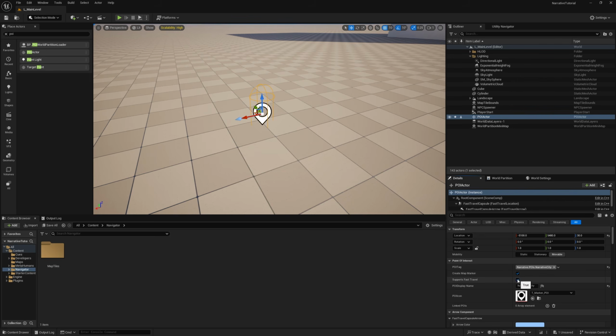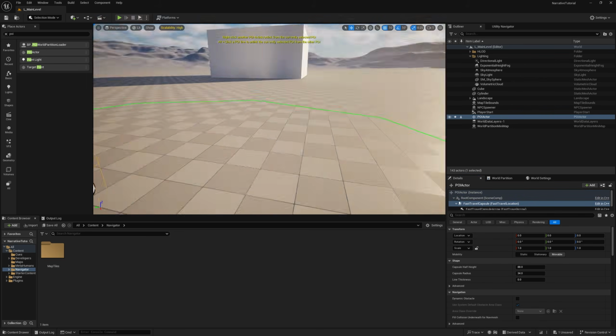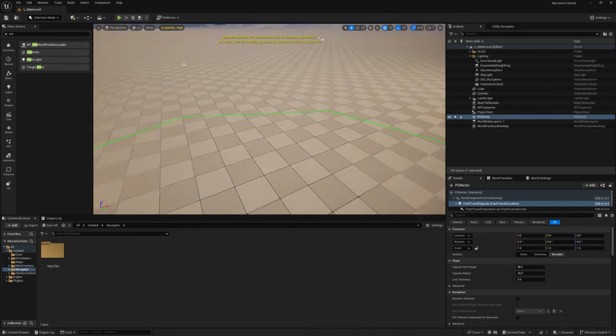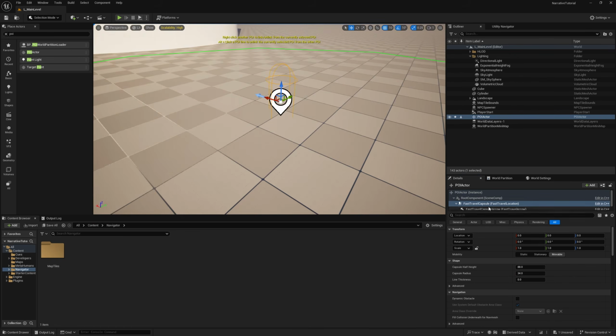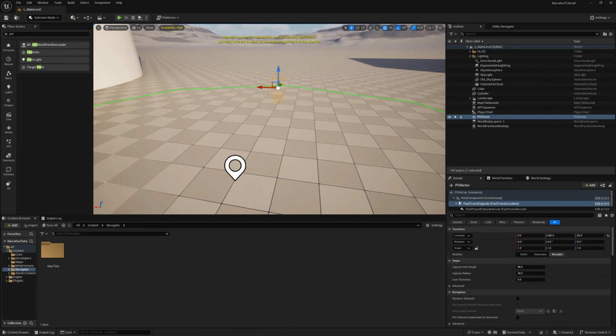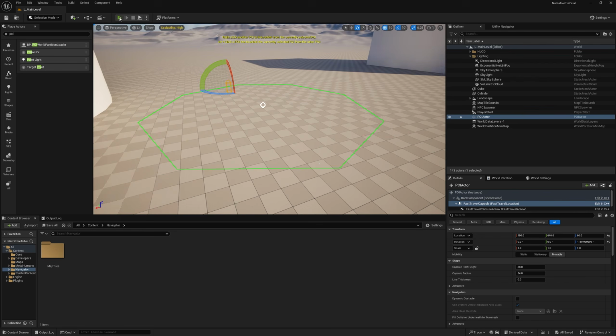And the other option is fast travel. We've written fast travel into the game. If you have a world partitioned map, you can fast travel to the POI and we will handle loading the map in for you. This capsule here defines where the fast travel should take your character to. So you can move this around and place it wherever you want to place the character when they fast travel here. When you're happy with all that, you can save this and jump into the game,